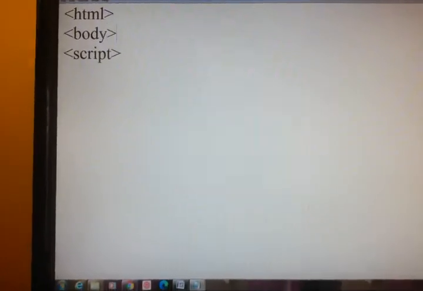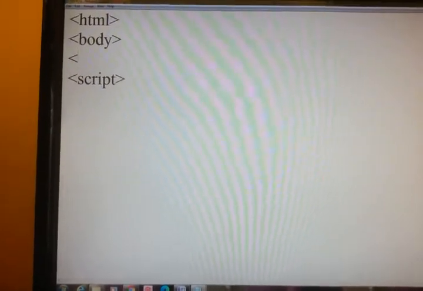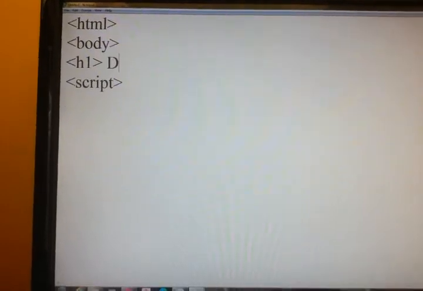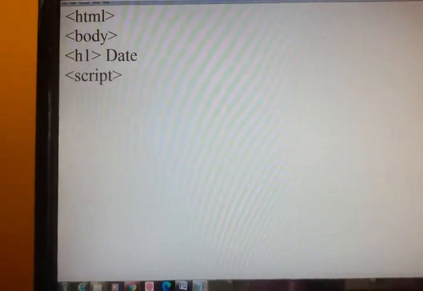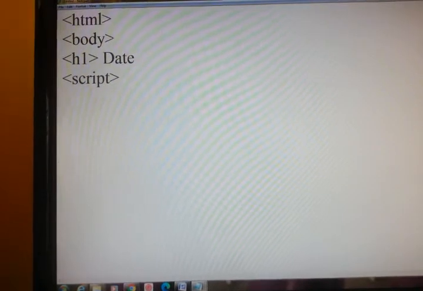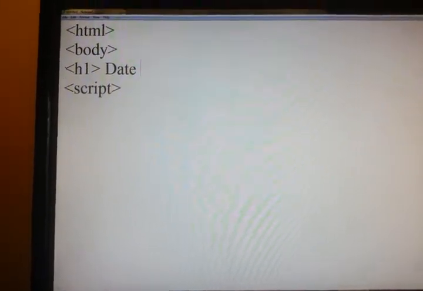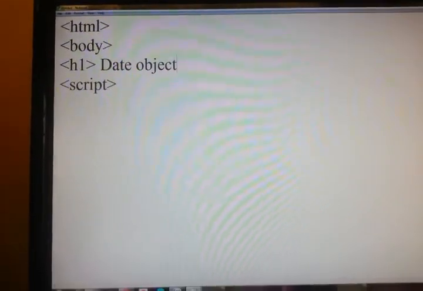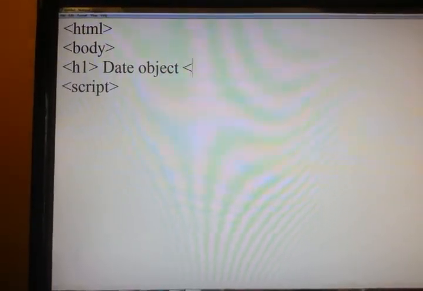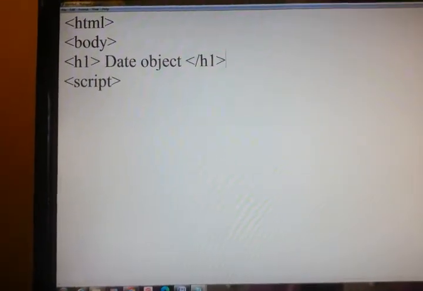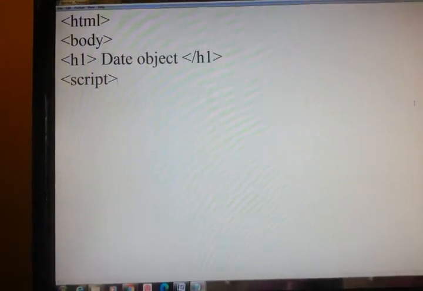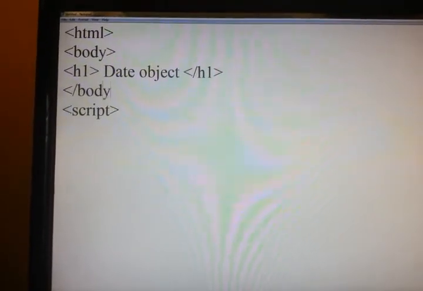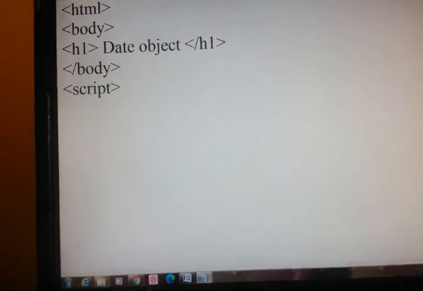In body I will write h1, date object. Here also we can close the body, or below also we can close the body.